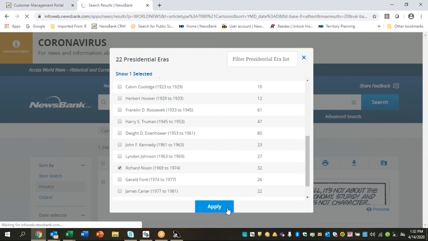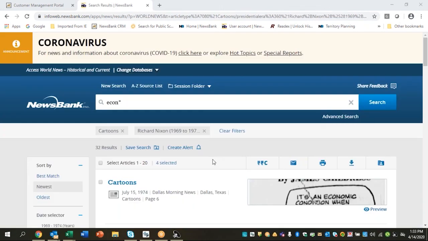So now with just a few clicks, I've taken my information from literally 81 million down to what's going to ultimately be 32. It's doing a search right now for that. Now that I've filtered my information, I can see here it's cartoons during the Richard Nixon presidential era, and I've only got 32 cartoons. So what I can do is simply click on that cartoon and open that up